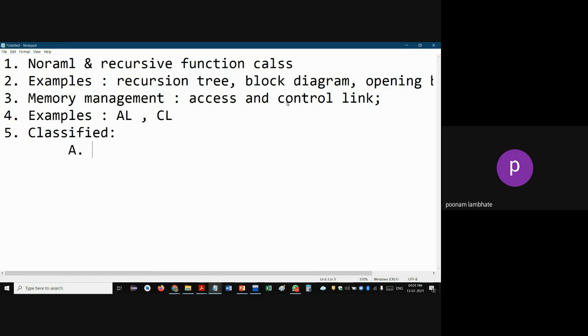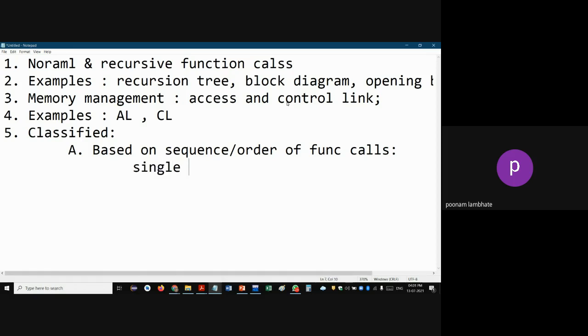First type of classification was based on sequence or order of calling of function calls. That is, either it is single recursion, or sequential recursion, or nested recursion. Then another type of classification was based on